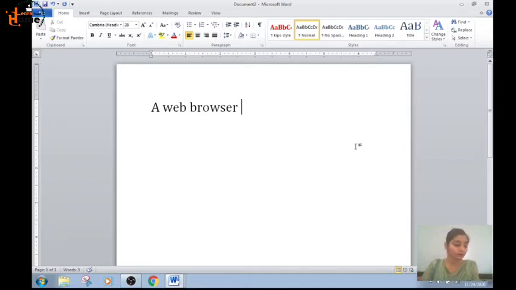cursor, okay? Is a software application. See, have you seen? It has shifted to the next line on its own. What is this? Have I pressed the enter key? No, it has shifted on its own now. What is this? This feature of MS Word is known as word wrap. It has wrapped the text on its own, right? It will not move out of the page. It will be shifted to the next line on its own. This feature is known as word wrap.